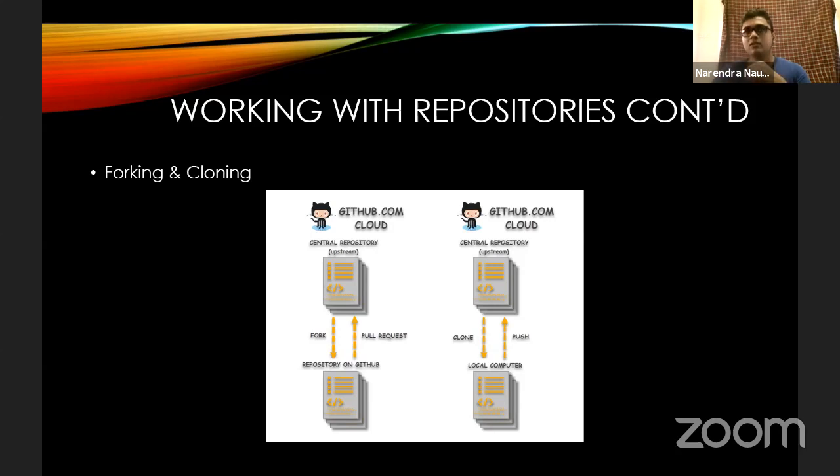So looking at our diagram here, on the left, we have the concept of forking, where there's a central repository called the upstream, and you would get the details from the repository using the fork command to your repository in GitHub. And you would submit any changes from your repository on GitHub to the central repository